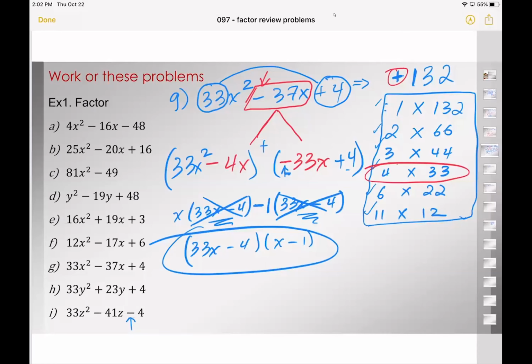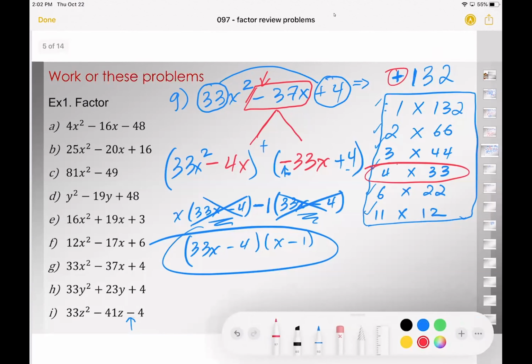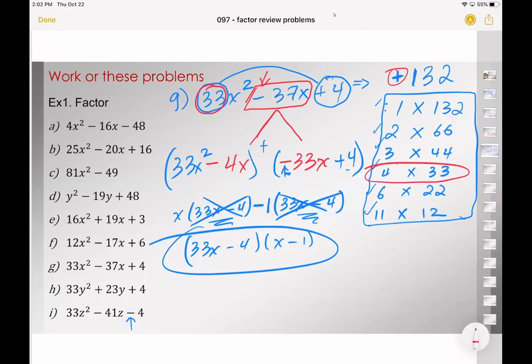This is G, and this is what we did last time. And I told you guys that in order to factor out G, the first thing we need to do is take the A term, which in our case is 33, multiplied by the C term, and in this case we will get 132. And I told you guys that the AC method,